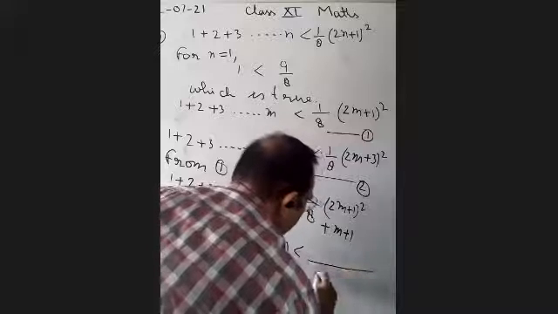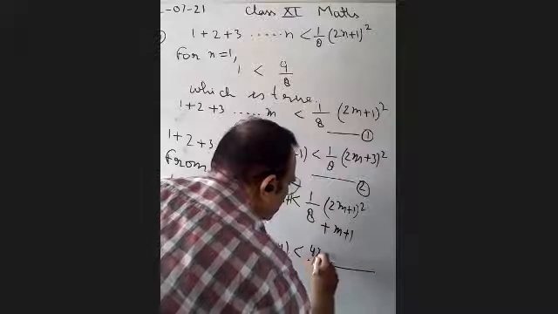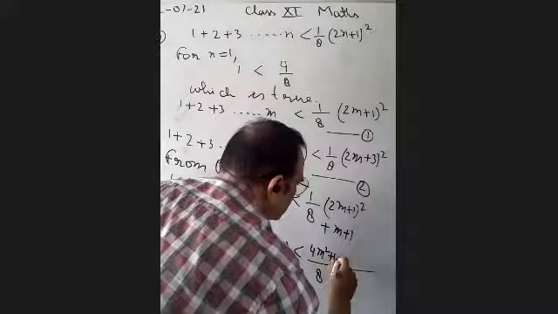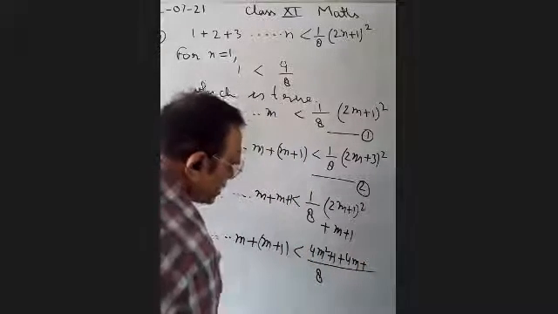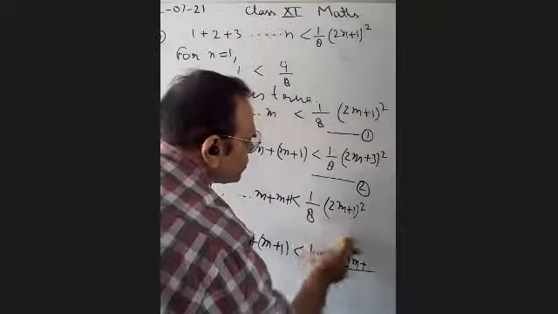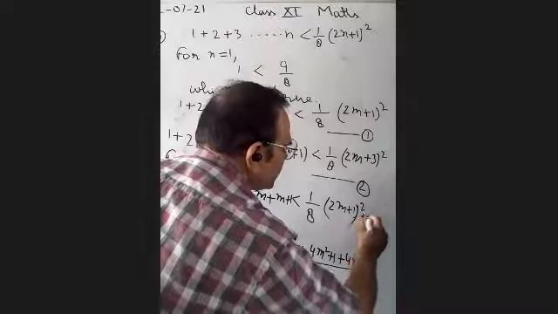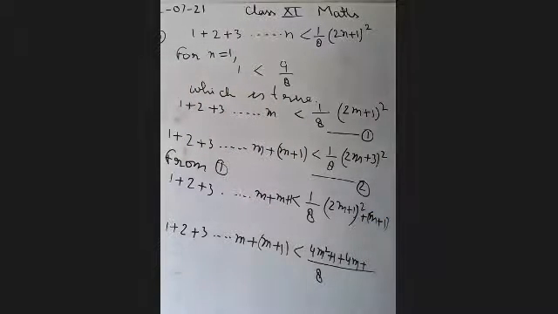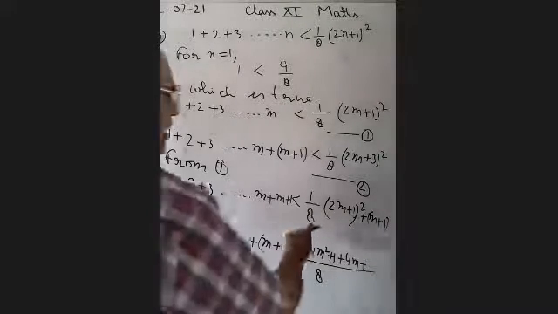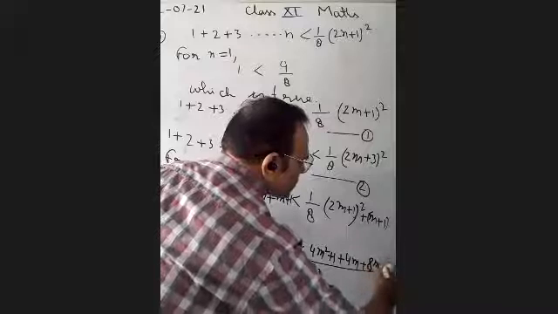If we take the LCM 8 here, तो 2m plus 1 whole square यानी कि 4m square plus 1 plus 4m plus ये 8m plus ये m plus 1 जो है we have added to, ये m plus 1 जो हमने लिया है we are adding here m plus 1 because of the space I have written here. No, you are able to see this one or not? Yes, it is clear. So we are taking the LCM. So we will get here 8m plus 8.